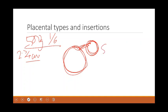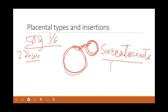The problem with placenta succenturiata: succenturiata means succession, after one placenta comes, another placenta successively comes. So this is one of the important causes of retained placenta, because we have taken the placenta out, we have seen the placenta is complete, but we don't know that there is one more lobe of the placenta. So this is one of the causes of retained placenta and atonic